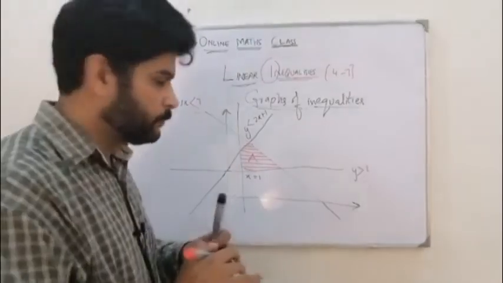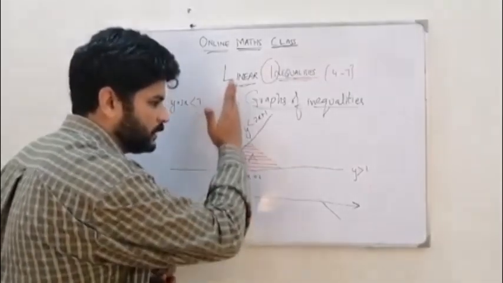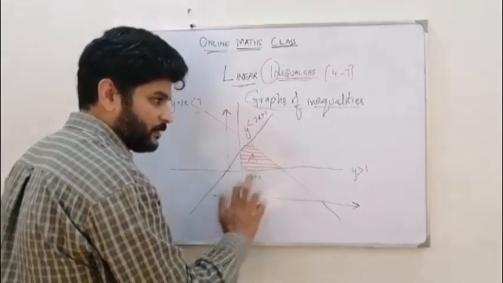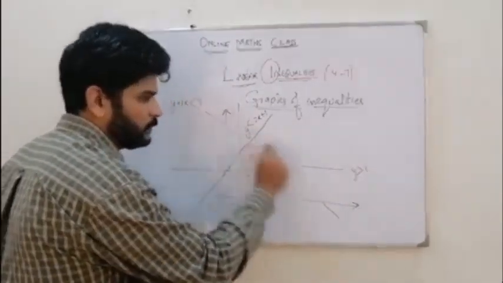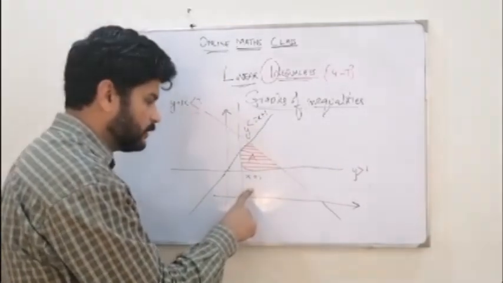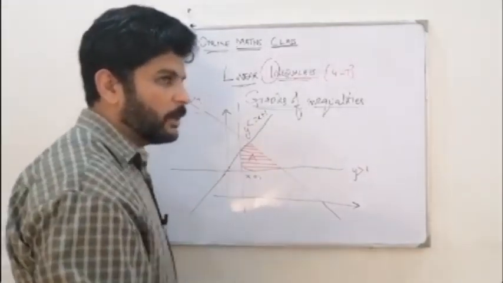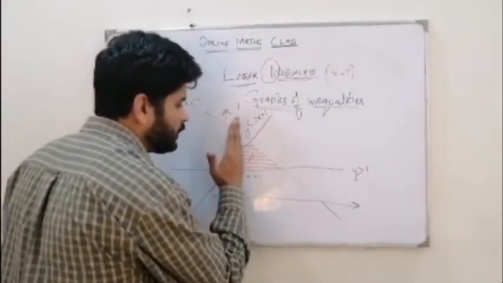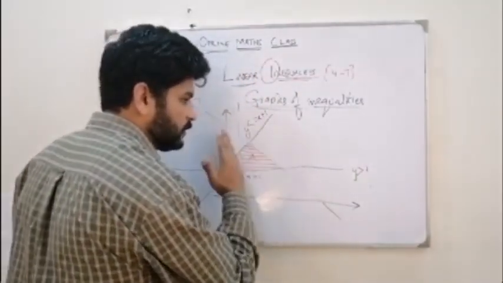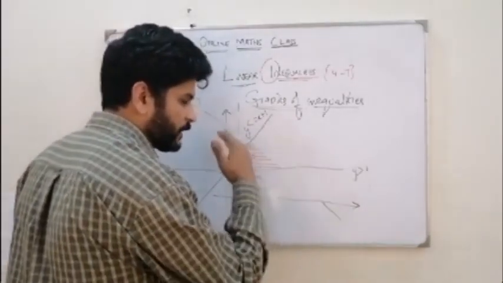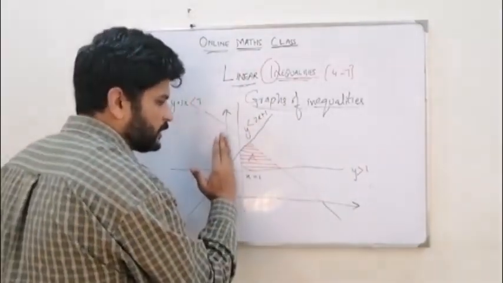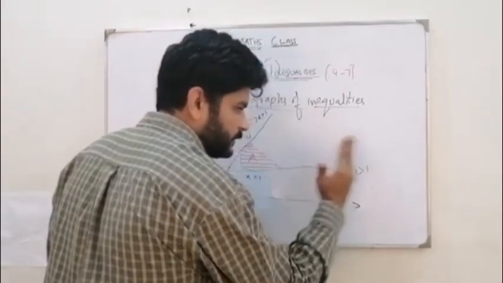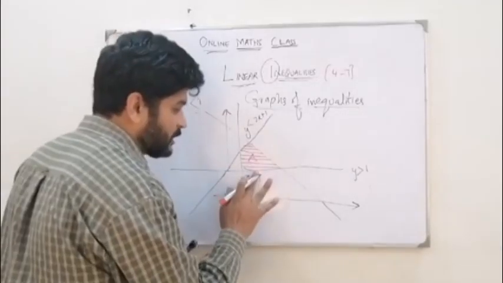Now the last one, which is x is equal to 1, this line. Now can you tell me whether, because now it becomes x, all these were y, now this is only x. So now you need to think about where the x increases and where the x decreases. Now this line, the shaded region is this side of x, not this side. Since the shaded region is this side, I told you that when you are moving this way, the x increases. The x is greater.